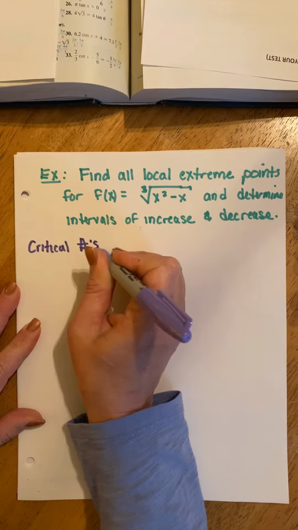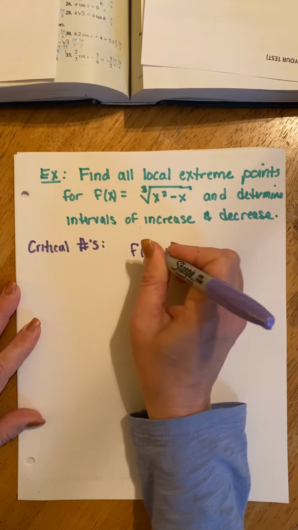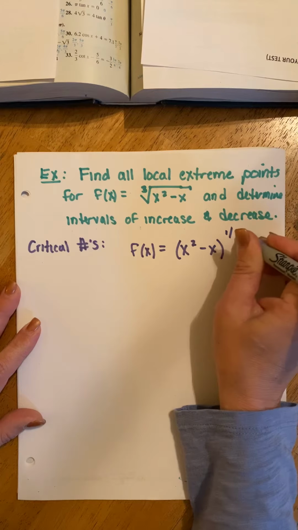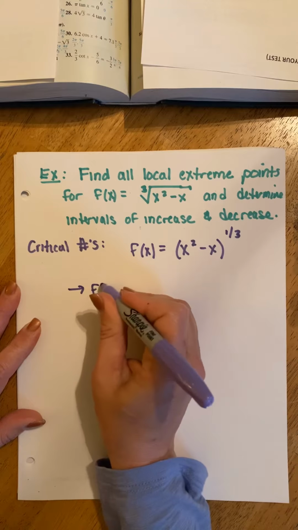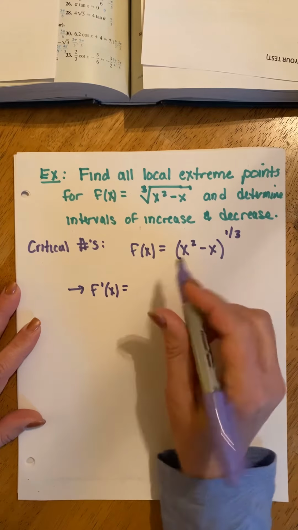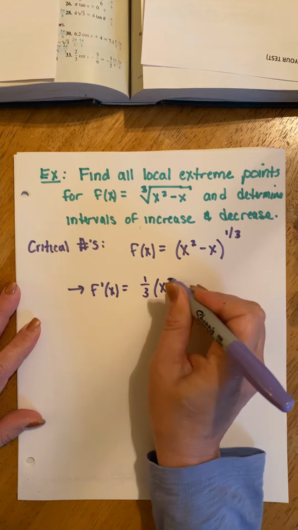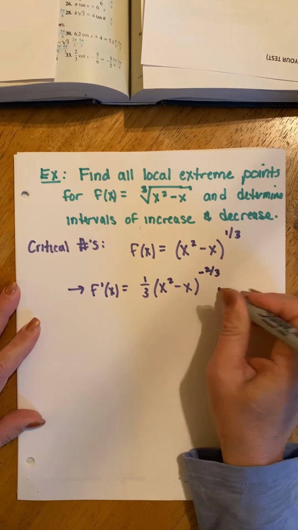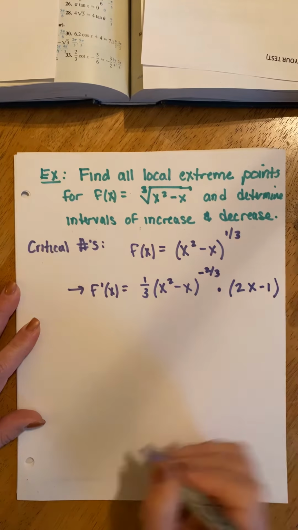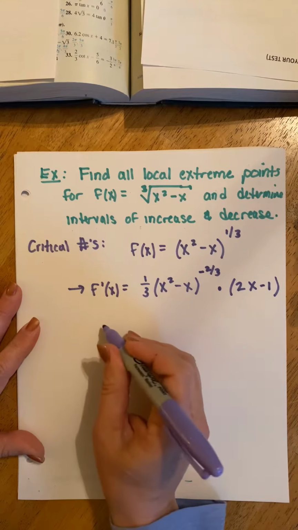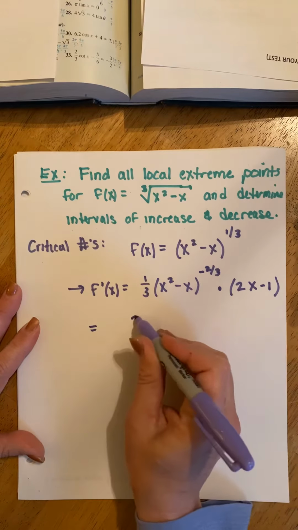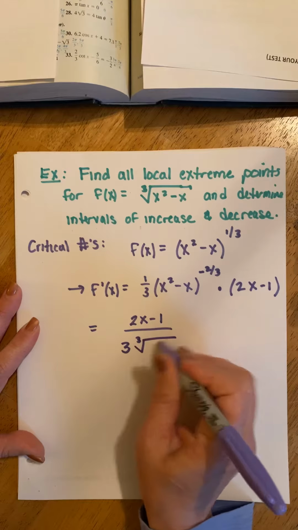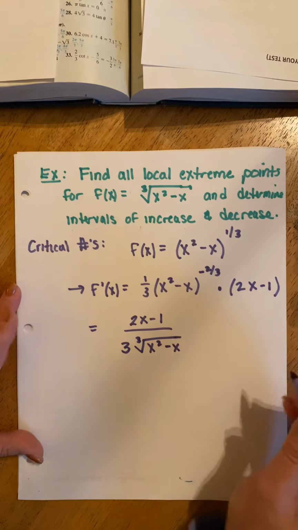Now remember, the critical numbers are where the derivative is equal to 0 or where the derivative is undefined. My suggestion is to always turn all radicals into powers. So then we can take the derivative: bring the power out front, leave what's inside alone, drop the power by 1. 1/3 minus 1 is negative 2/3, times the derivative of what's inside. And now we're going to clean it up a little bit: 2x minus 1 all over 3 cube root of x squared minus x,